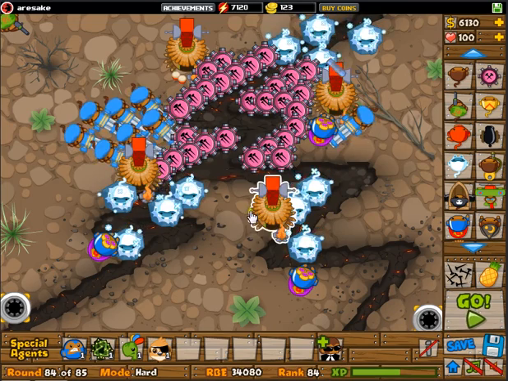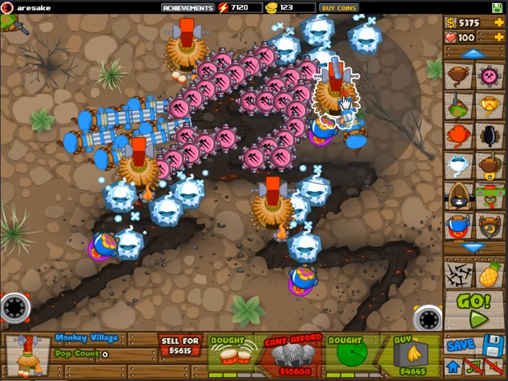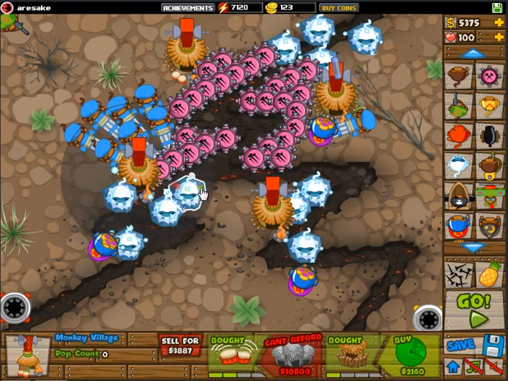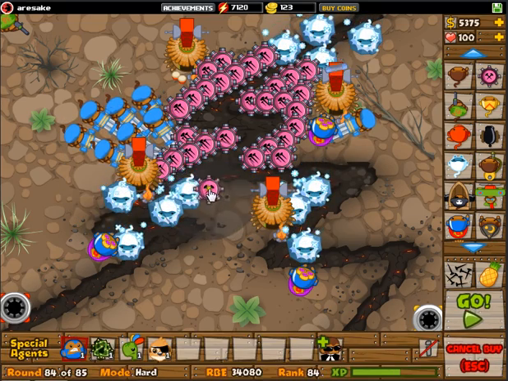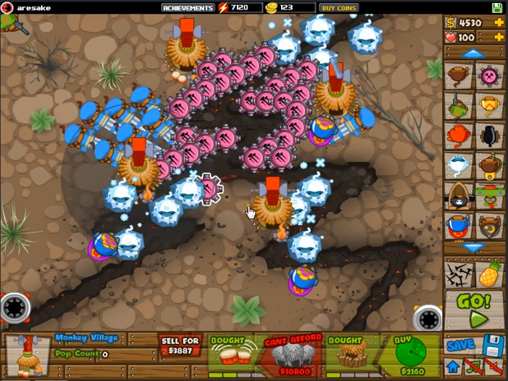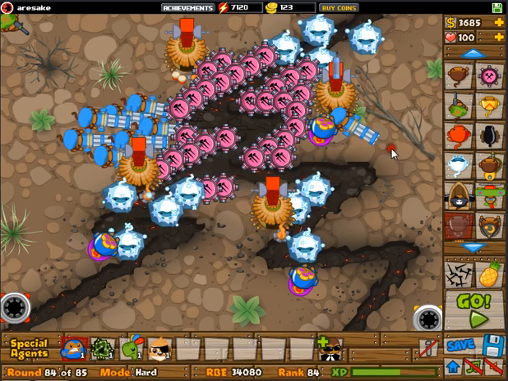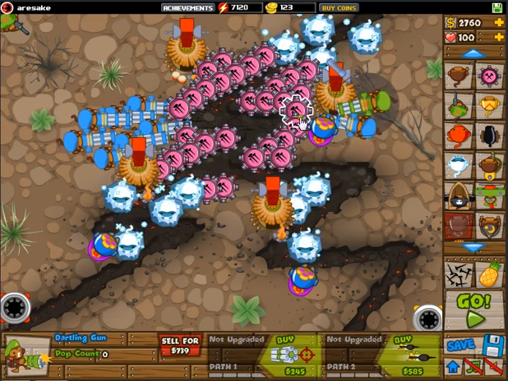Okay, I think I have enough tack shooters, or maybe too many. What I should really do is get maybe one upgrade on that spike factory, just in case. Just get a couple more dartling guns, assuming I have space for them. I wonder if this tack shooter would be in a good spot. I think it would be, actually. I'm going to put one here. Maybe one right by it, too. And let's get another dartling gun. There,